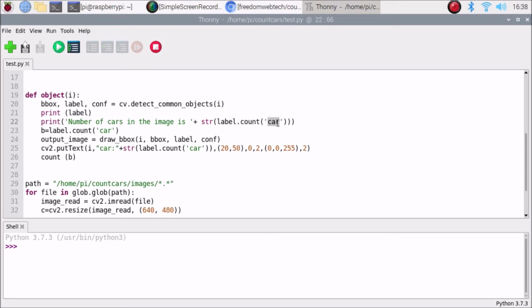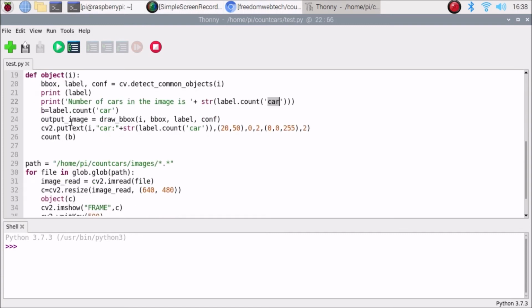If you want to detect a person, simply mention person, and change the images to ones which have persons. You simply need to change car to person, and it will detect the persons from the images. In this case we are going to detect the car, so I have mentioned car. That's it. Then b is equal to label.count car.